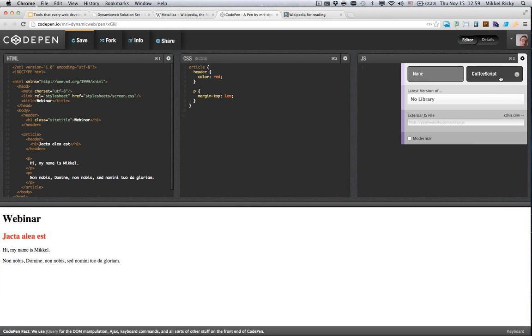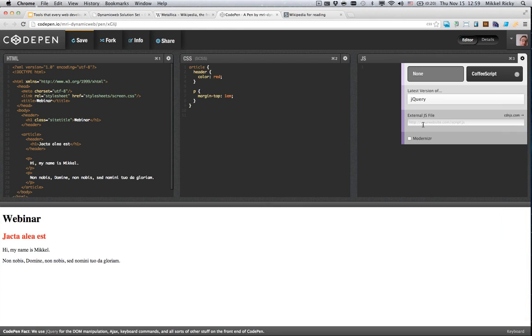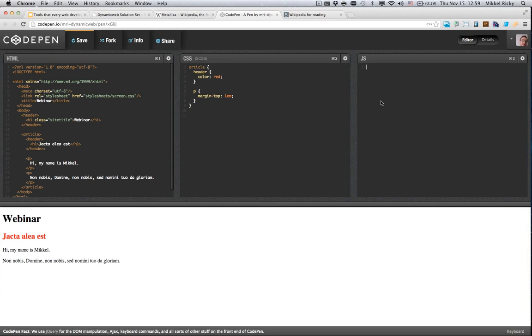And CoffeeScript is a language that's similar to JavaScript but has a slightly different syntax, and actually a much different syntax, but it's compiled into plain old JavaScript, and that's really nice to look into as well if you have got the time and the interest. And of course we can include the latest jQuery library in our code, and then we can do